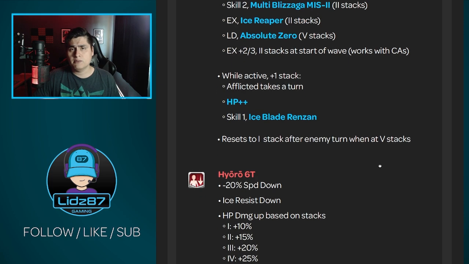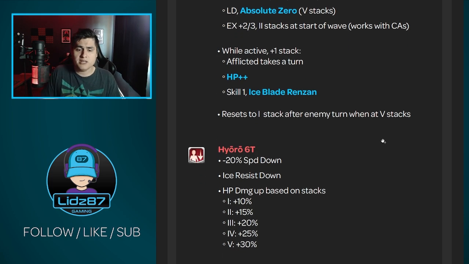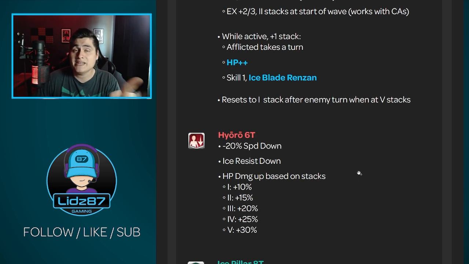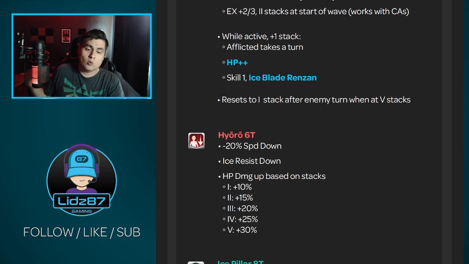Now that Hyodo debuff, 6 turns, is going to decrease the enemy speed by 20%. Ice resist down, so Kurasame is going to be hitting harder because he does have ice built into his kit, and he enchants himself with ice. This will increase HP damage up based on how many stacks are on the enemy. So 1 stack, 10% HP damage up, 2 stacks, 15%, 3 stacks, 20%, 4 stacks, 25%, 5 stacks, 30%